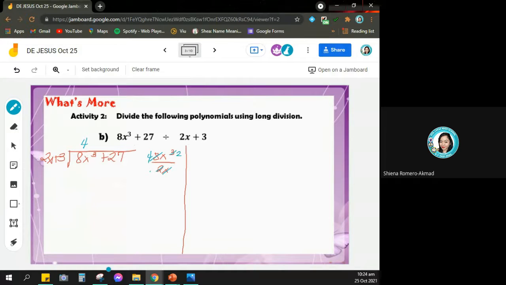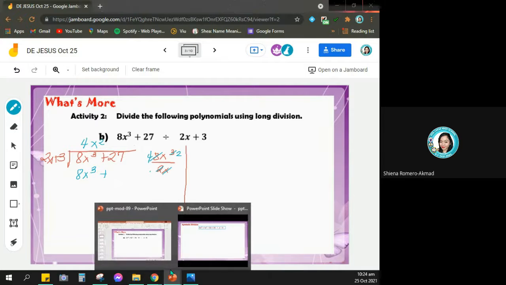Then, cancel natin to. Magiging 2. Ito, magiging 1. Ito, 4. So, 4x squared. Then, multiply mo siya sa kanilang dalawa. Pag multiply natin yan, ang magiging answer ay 4x squared times 2x. That's 8x cubed. 4x squared times 3x equals,